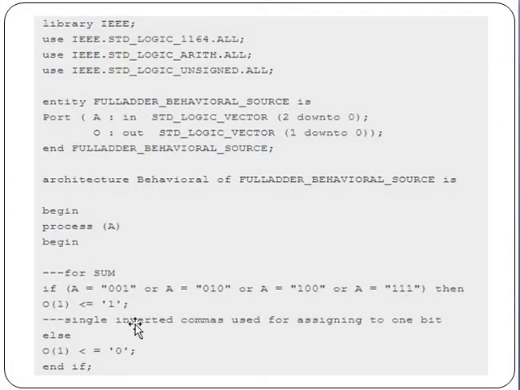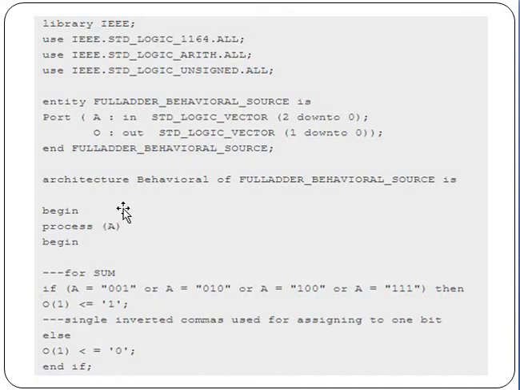As we have discussed before, this is the logic we are using. If A is 001, or A is 010, or A is 100, or A is 111, then the sum output O(0) is 1, or else it is 0.